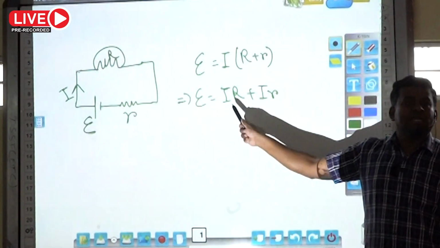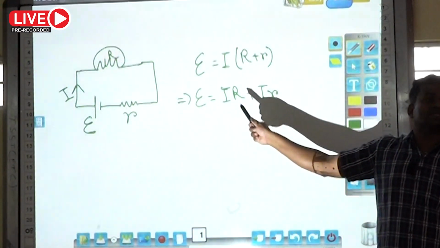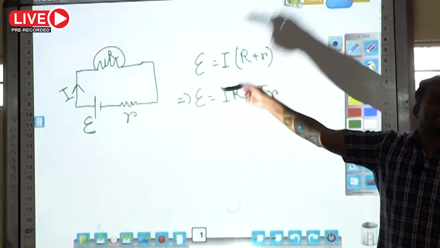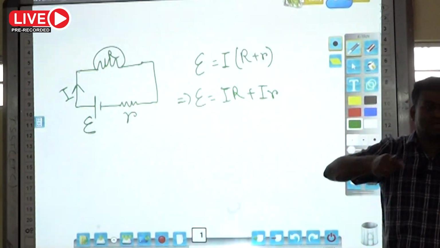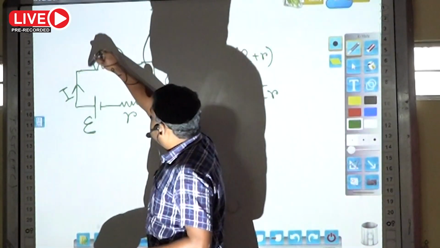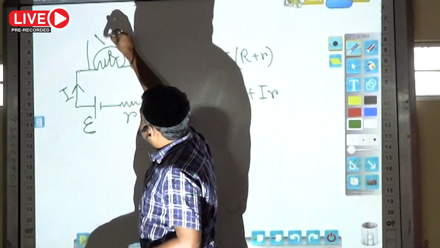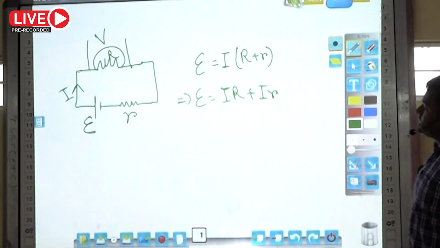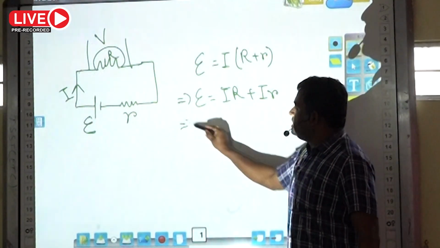This one is the I into R, that is the potential difference produced across the bulb, which you can measure by inserting a voltmeter in parallel. Because if you insert a voltmeter in parallel, then you measure this potential difference. Okay, so this IR can be written as V